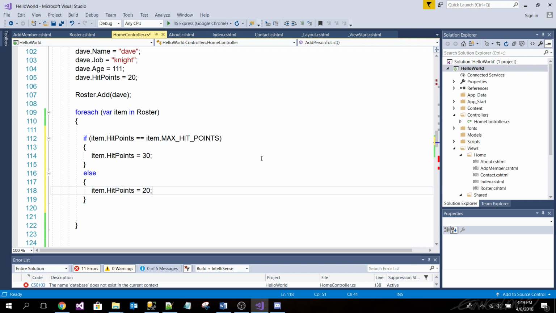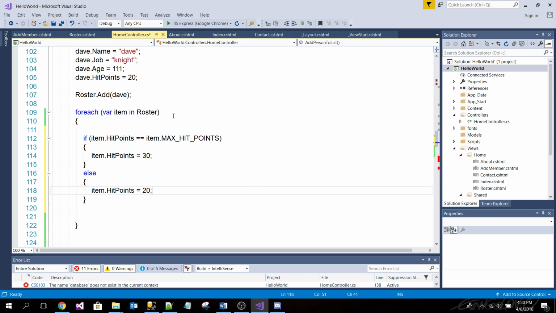What happens if my hit points are 20? If they're already 20, and the dude's hit points are 20, what happens to his hit points? Actually, in our condition, they would always go to the max. They would always go to 30.